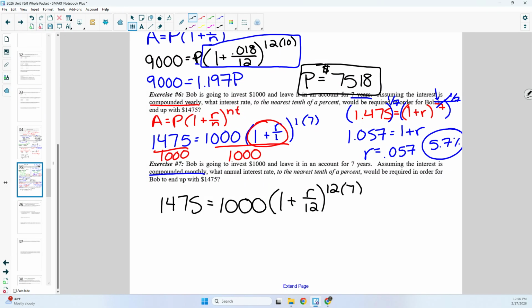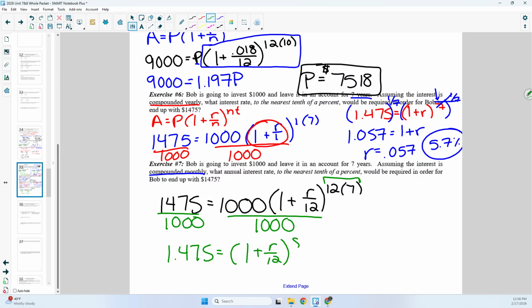So I'm going to do some simplifying first. So actually, you know what? No, I'm going to divide by 1,000 first, but I'm also at the same time going to multiply out this exponent. So I get 1.475 equals 1 plus r over 12 to the 84th, which means the exponent that's going to cancel that 84th is the 1 over 84 power. Also, the 84th root will do that. Remember, they mean the same thing. So when I take that in, I get